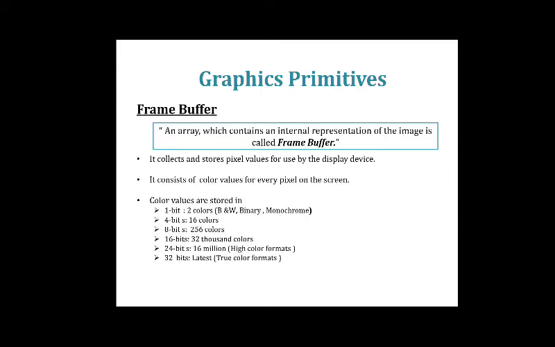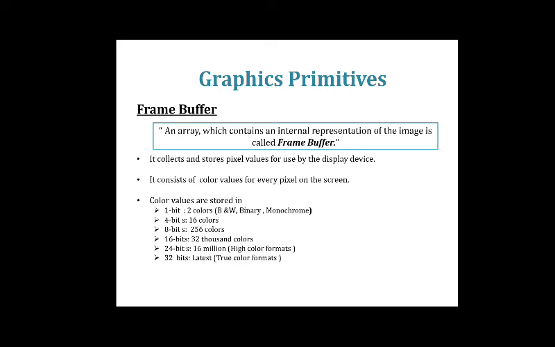And the last one is the frame buffer. It is very important. We are going to use this concept throughout the computer graphics syllabus. I have said that we are controlling the pixel, which means we are giving a color to that pixel. I am setting the intensity of that color for that pixel. So, where is this color stored, where is that intensity stored? All intensity values of the pixels are stored in an array in our computer memory. This pixel has this color, and I have to store this information somewhere, right? So, where am I going to store that?